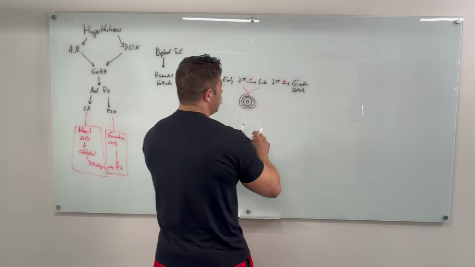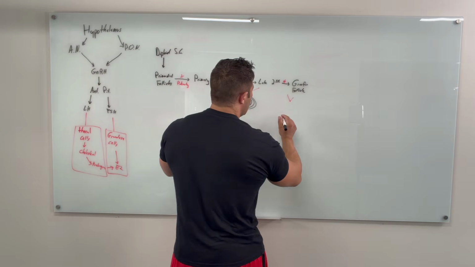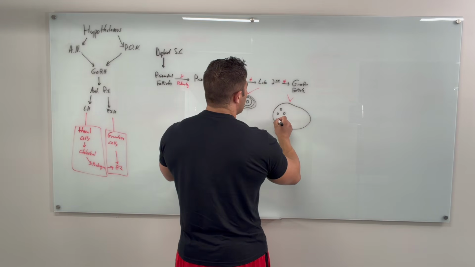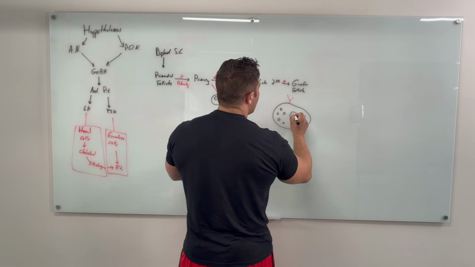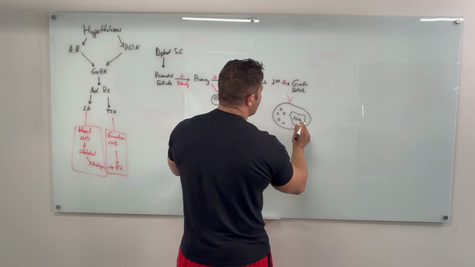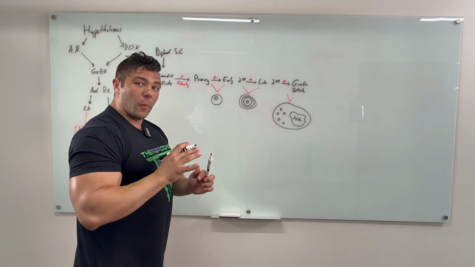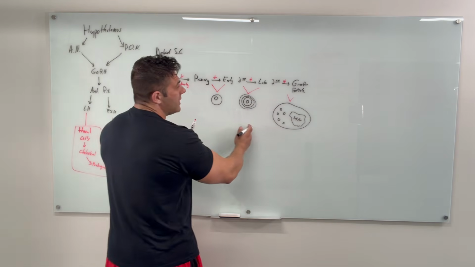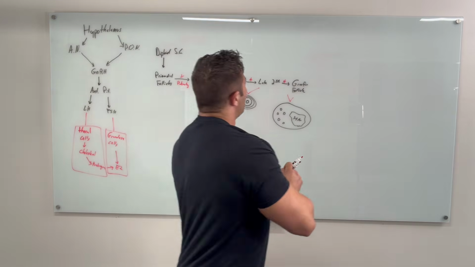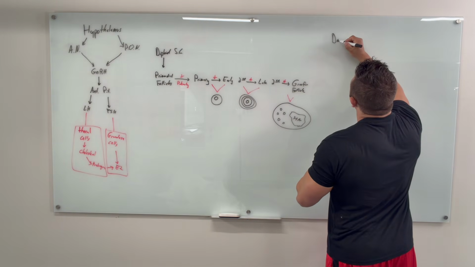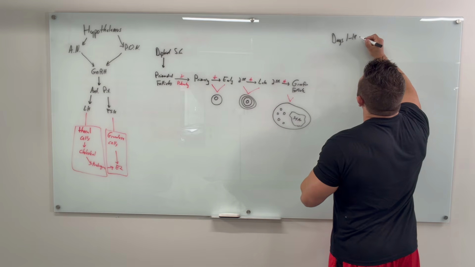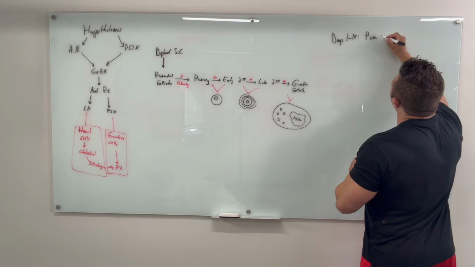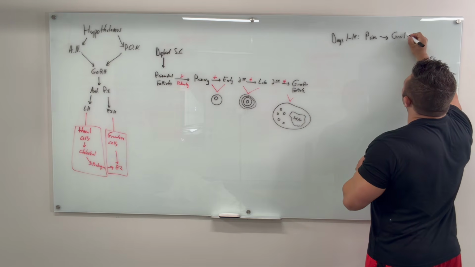Now, a Graafian follicle is going to be pretty massive. There's going to be all these cells in it. There's going to be a huge hyaluronic acid, fluid-filled sac. There's going to be a lot of stuff going on. The whole point of days 1 through 14 is to get your primordial follicle all the way to a Graafian follicle. So if we write that out, days 1 through 14, mainly the goal is to get that primordial follicle all the way to a Graafian follicle.